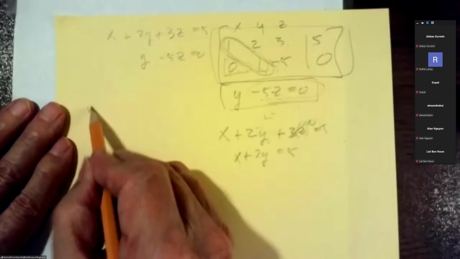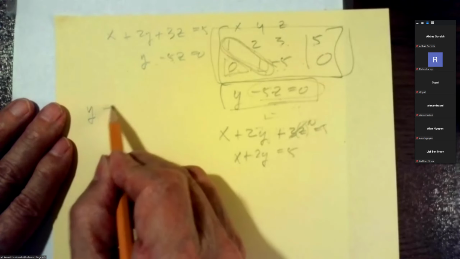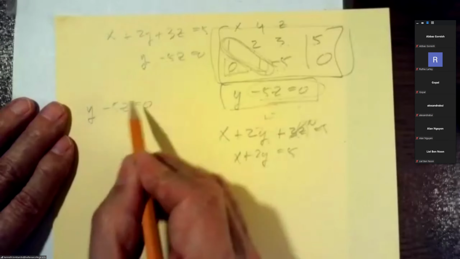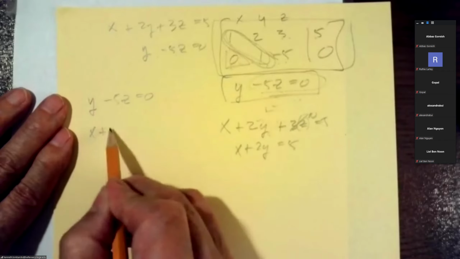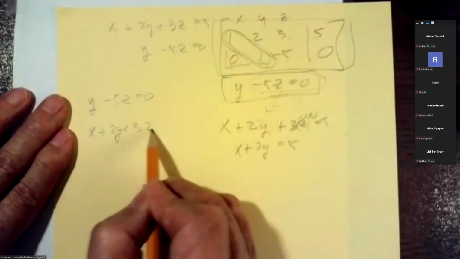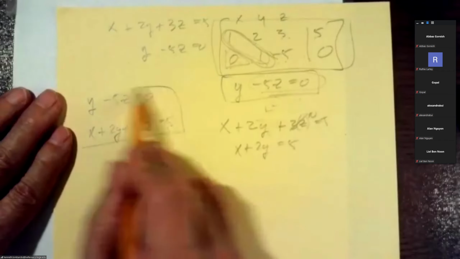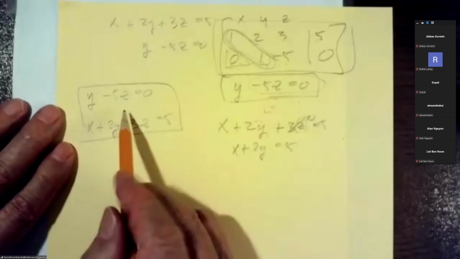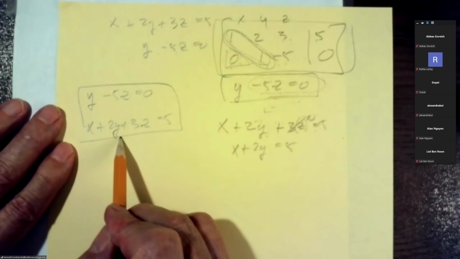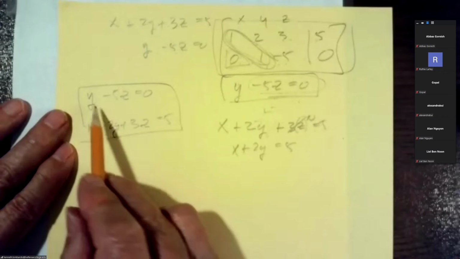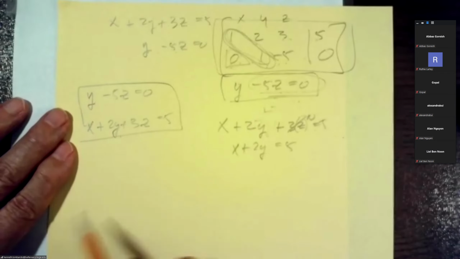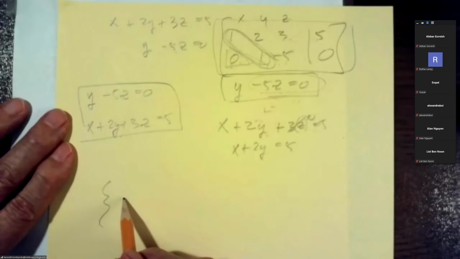So we get y minus 5z is 0, and we get x plus 2y plus 3z equals 5. We get those two equations, and we can solve them in terms of z, but we can't go any further than that. That is to say, our solution set would be